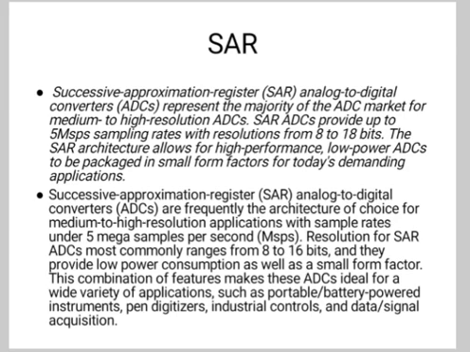The SAR architecture allows for high performance, low power ADCs to be packaged in small form factors for today's demanding applications. Successive approximation register analog to digital converters are frequently the architecture of choice for medium to high resolution